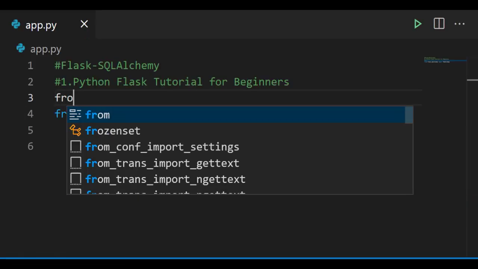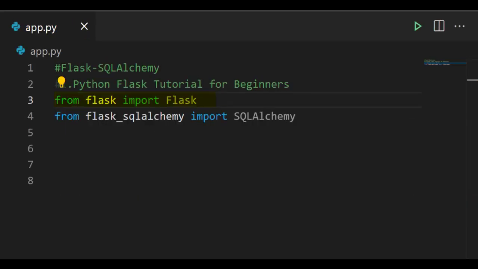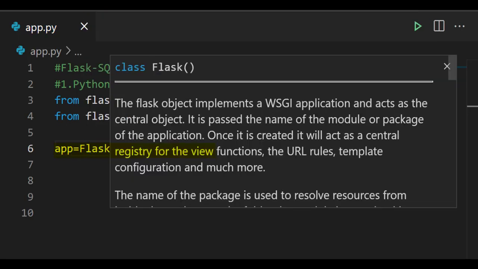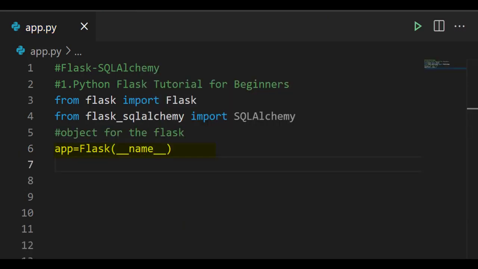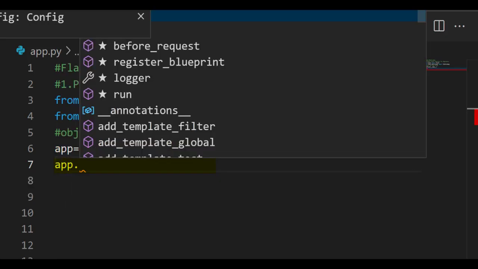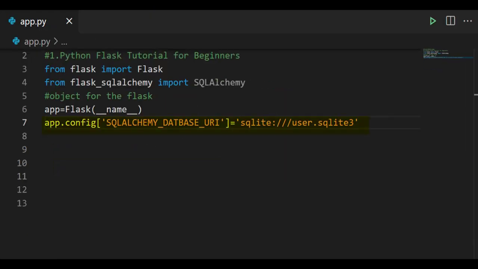And also we'll import Flask from the flask module. So next what we have to do is create an object for the class, that is app = Flask(__name__). Then to set the URI for the database, we'll write app.config['SQLALCHEMY_DATABASE_URI'] is equal to sqlite